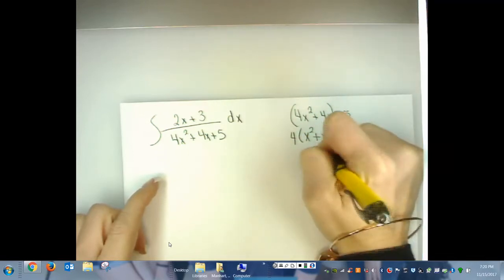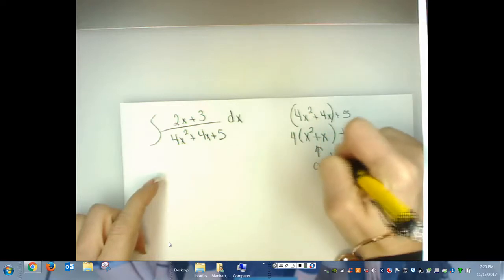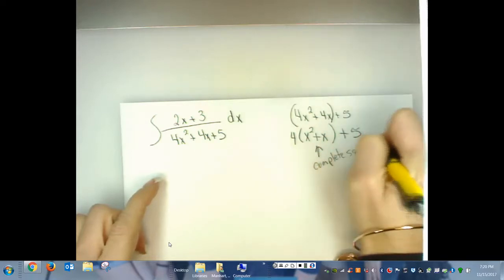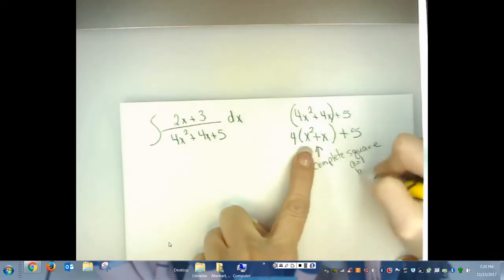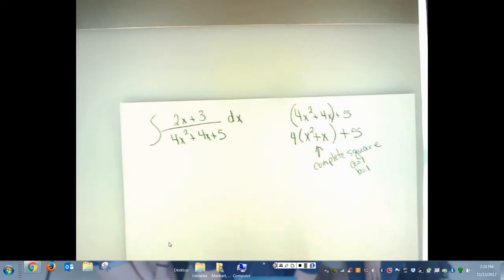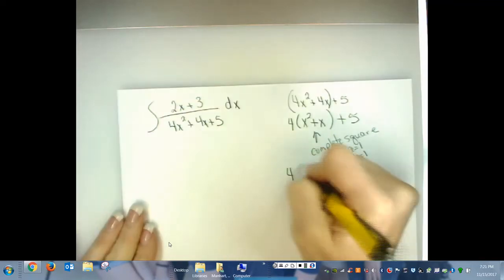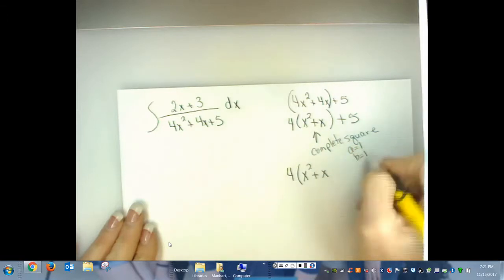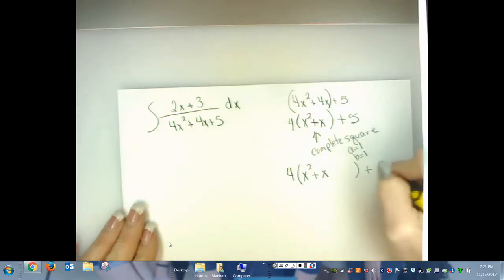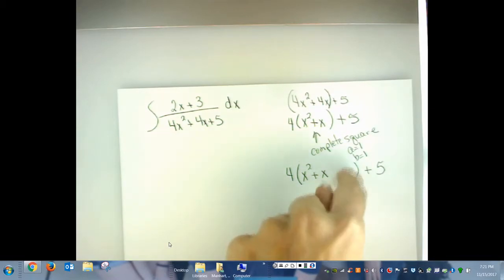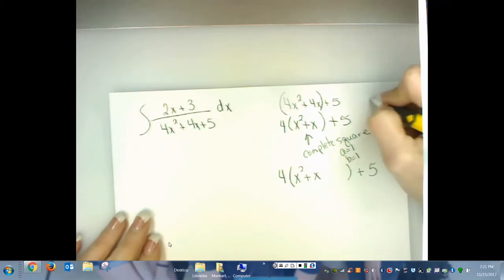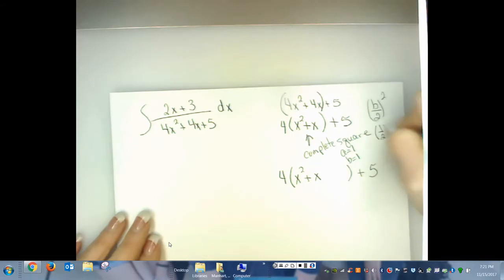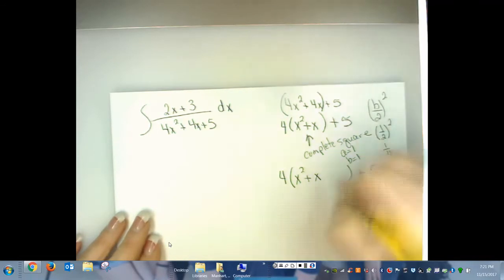And it's the x squared plus x that I'm going to complete the square on. And if I'm completing the square on x squared plus x, a is now 1 and b is now 1. So we're going to say 4 times x squared plus x plus some other term plus 5. And whatever we put in here, we got to take and get rid of it at the same time. How do we determine what's inside? To complete the square, it's b over 2 quantity squared. So in this case, it's 1 over 2 quantity squared, which is 1/4. So I add a 1/4